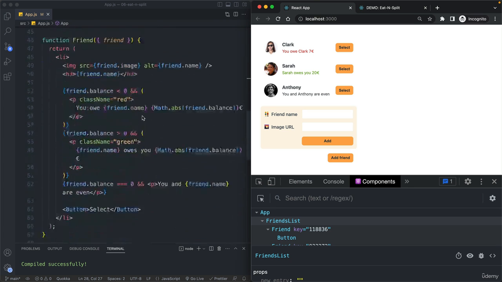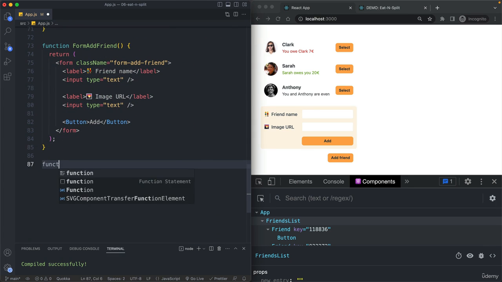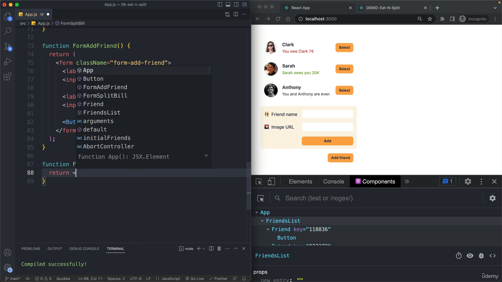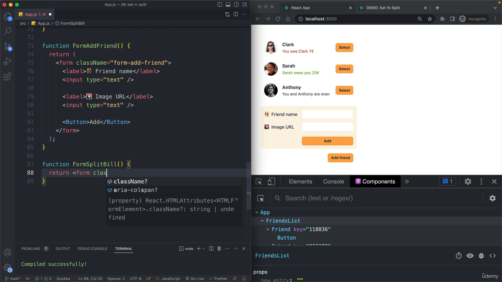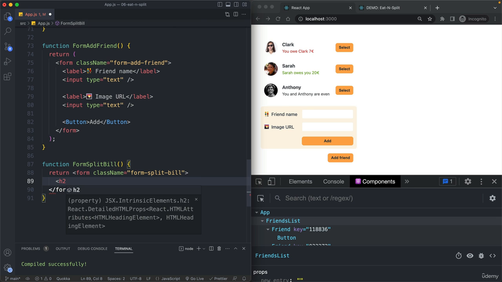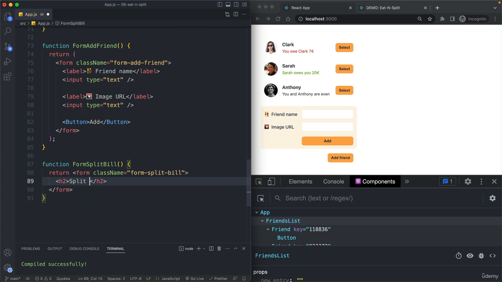So that one is called the form split bill. And then let's again return a form element with the class name equal to the component name. So form split bill, but not in camel case, but in this other case that's more common in CSS. So first we have the title, split a bill with, and then here actually the name of the friend, which